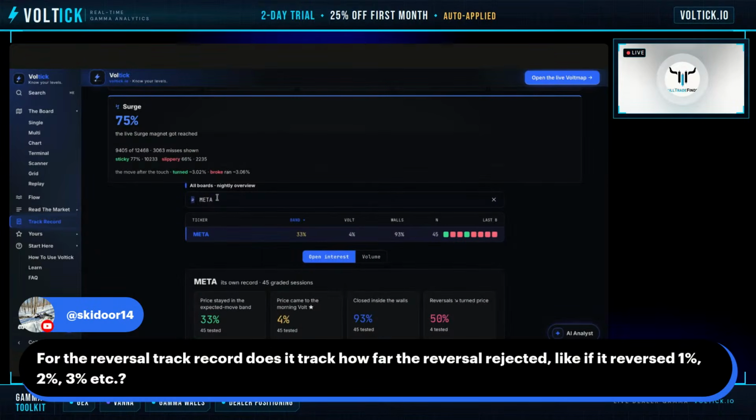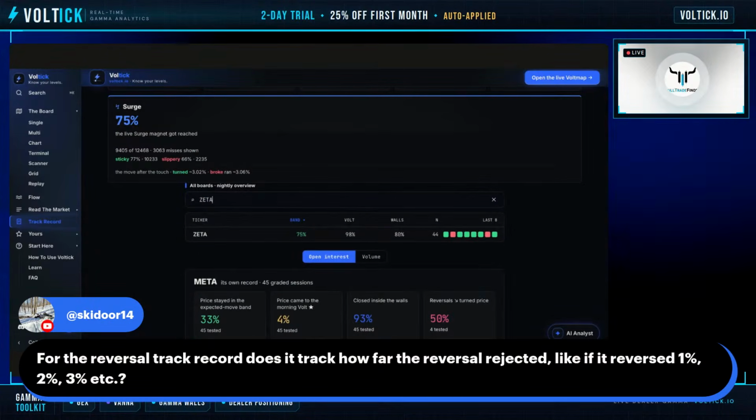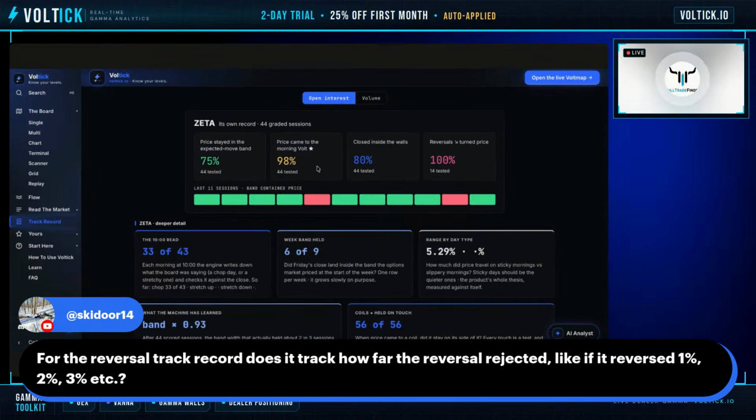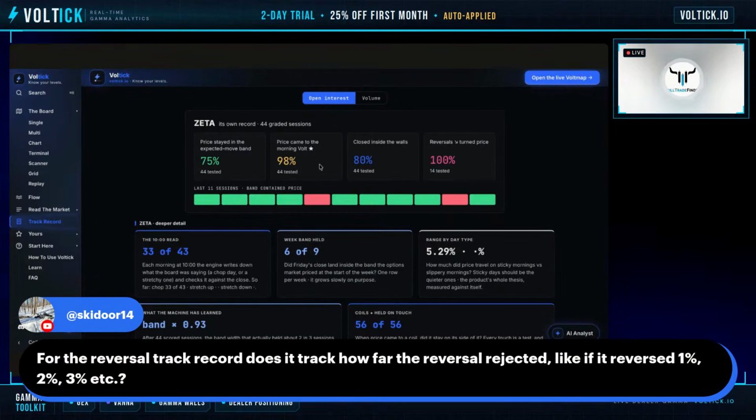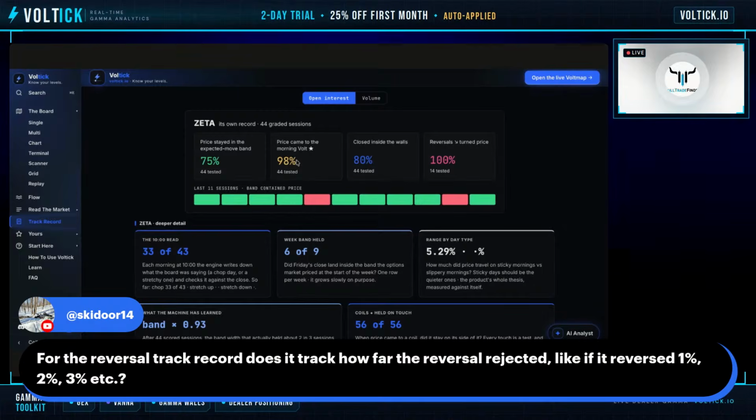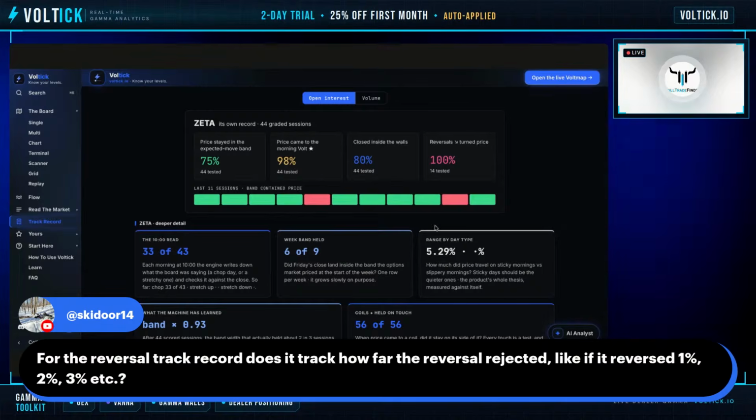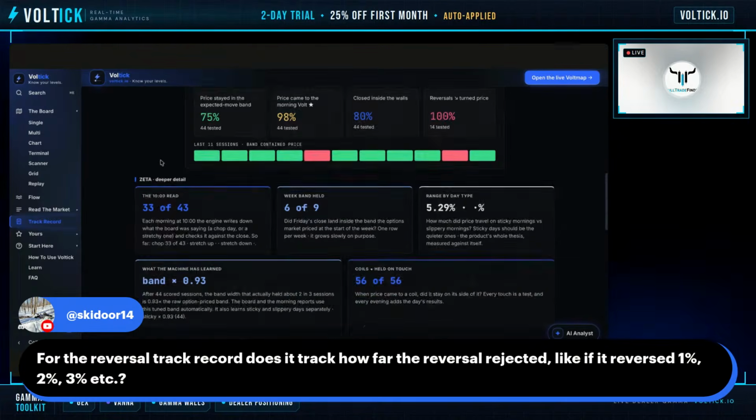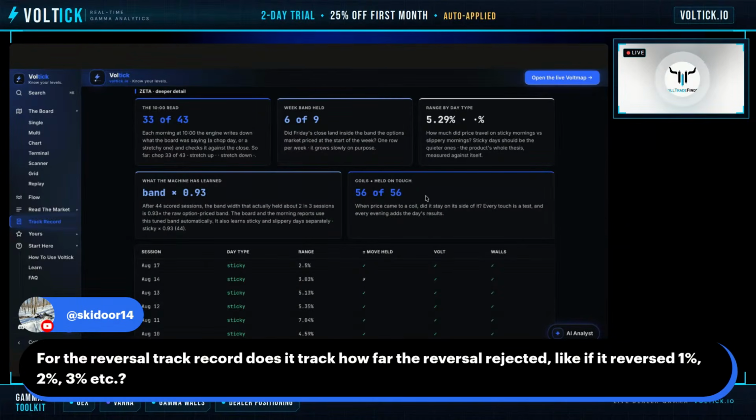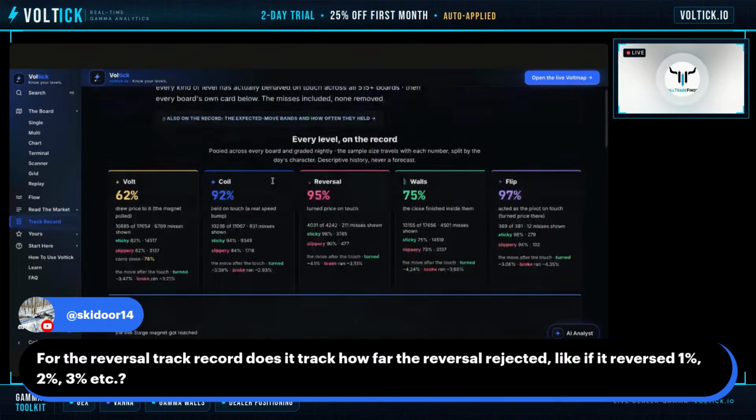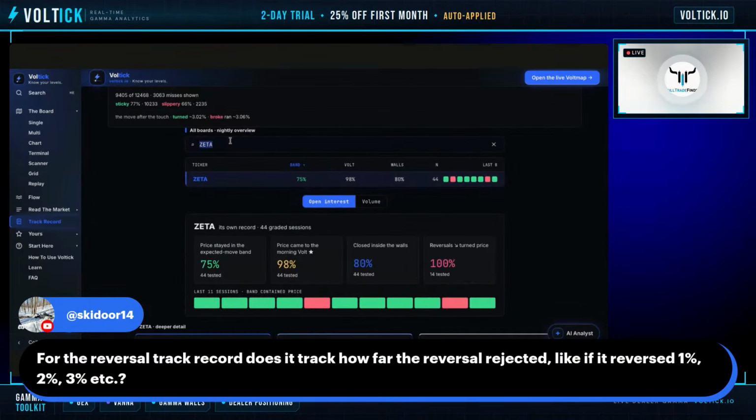Let's go to something like Zeta, a name that I love for the long term and I trade a lot. And again, this one is a little bit better. Price came to the vault for that week 98% of the time, closed inside the walls 80%, and it hit reversals and turned 100% of the time so far, 14 times. So again, coils held 56 of 56, which is absolutely insane. So you look at the individual names. If you trade a specific name a lot,